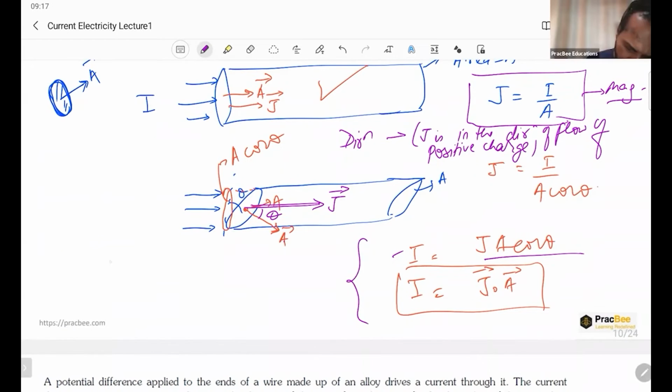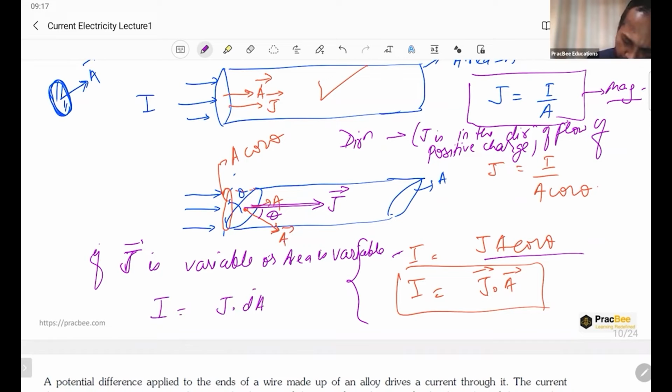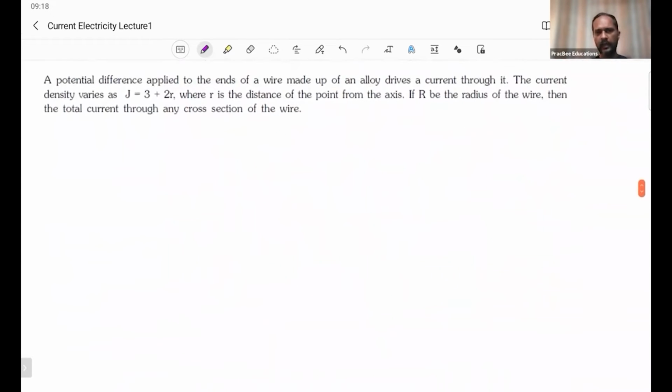Also, one thing I'd like to tell you here, that if J is variable, or area is variable, इन दोनों में से कोई भी वेरिएबल होगा तो I will be integral of J dot dA. ठीक है, यदि कुछ भी वेरिएबल हुआ, J या एरिया, तो हम फिर J dot A नहीं करेंगे, फिर हम J dot dA का इंटीग्रल करेंगे।